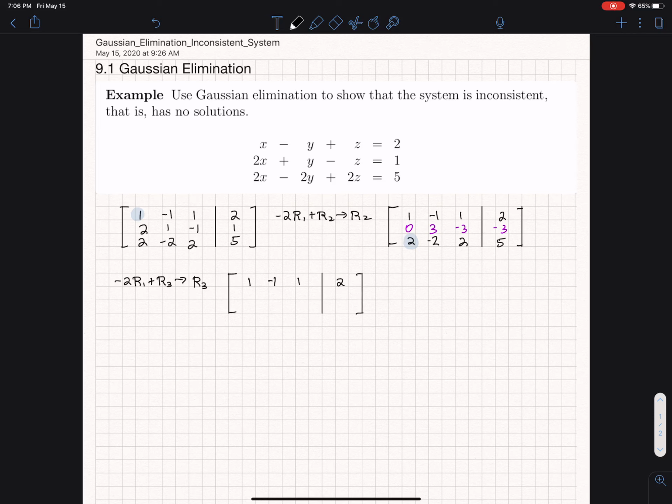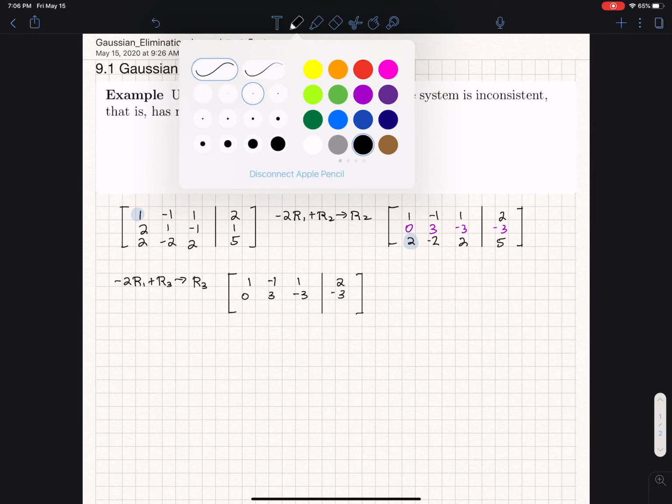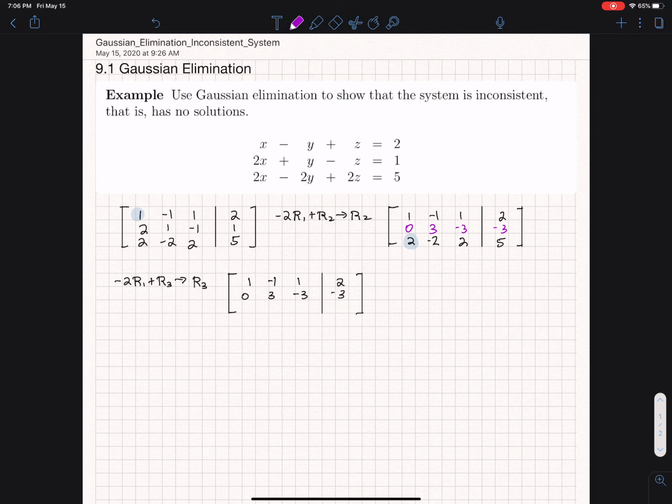All right. So I multiply the first row by -2 and add it to the third row. So that's going to give 0, 0, 0,